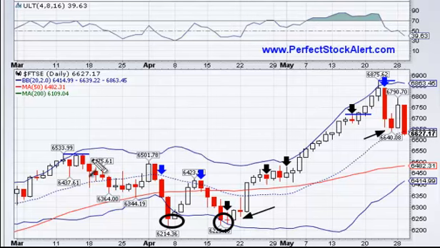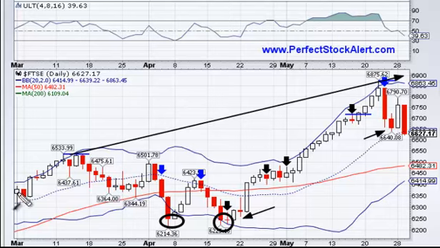So again, all we're seeing is what we talked about before: you had the higher series of highs and the lower lows, and that's just basically an overall rolling over on the longer term chart, head and shoulders formation, whatever. But the basic thing is you're going to be going lower.